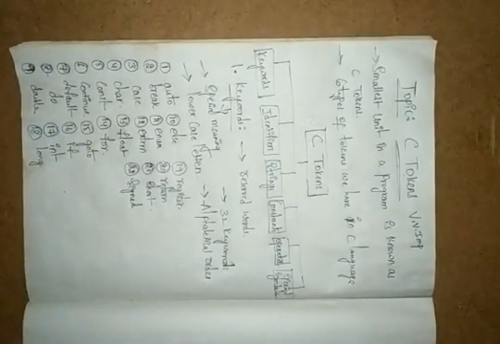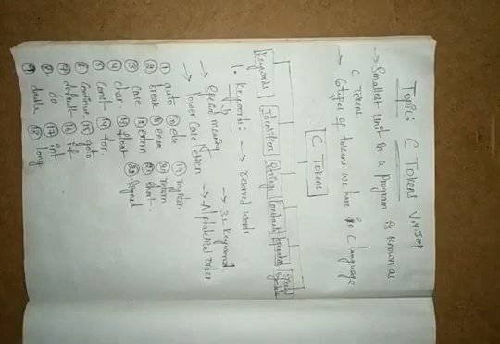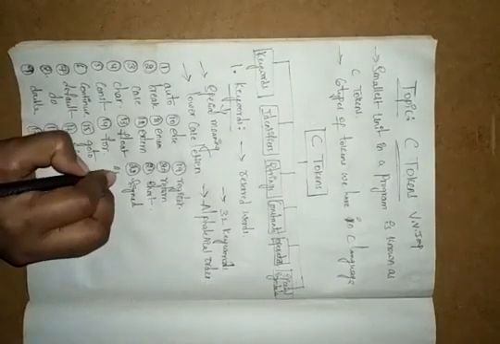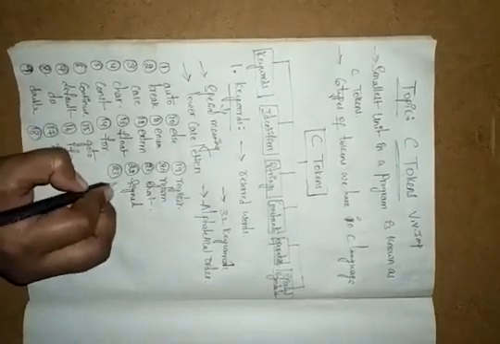And next we have signed. Signed means it may be negative or positive. Sometimes you are not giving a negative or positive sign, and we call that unsigned. If you give plus or minus, we call that signed. It takes both negative and positive values, and can be applied to the character data type. And next we have sizeof.